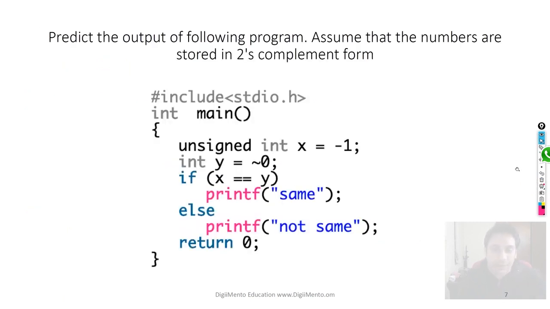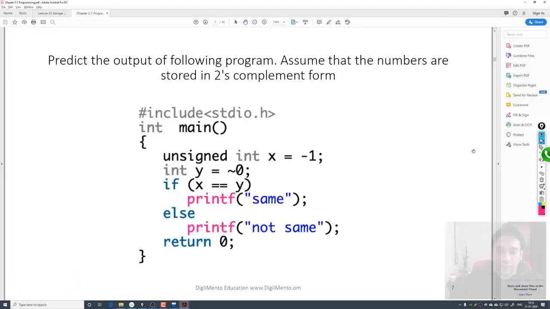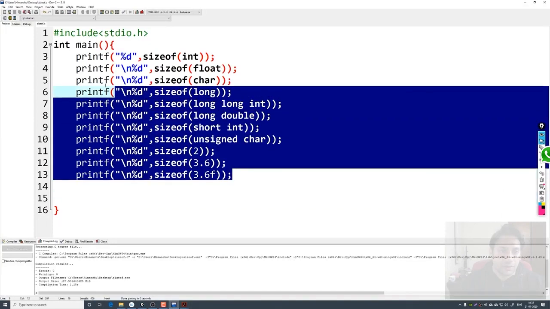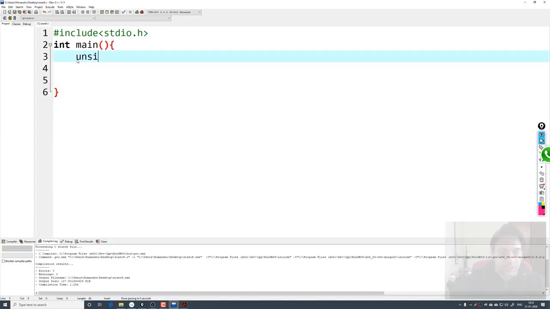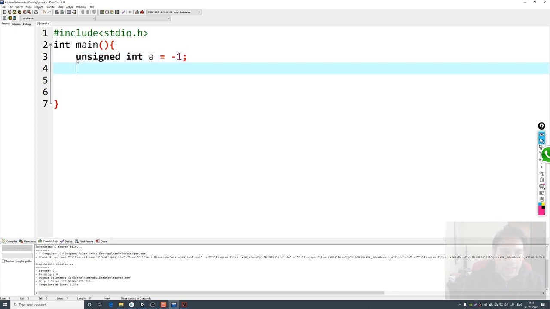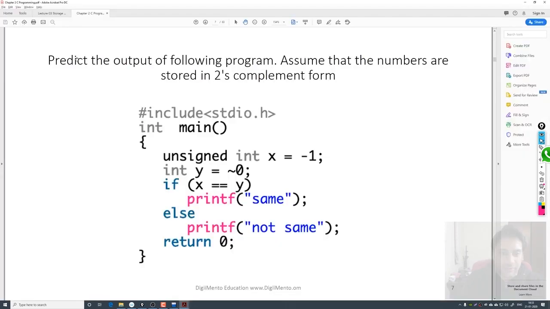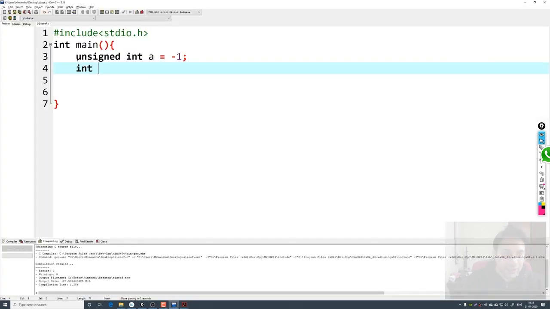Now look at this program, and can you tell me what is the output of this program? Let me also write the same program here. I can use unsigned integer a is equal to -1, and the second value is integer y equal to bitwise not of 0.